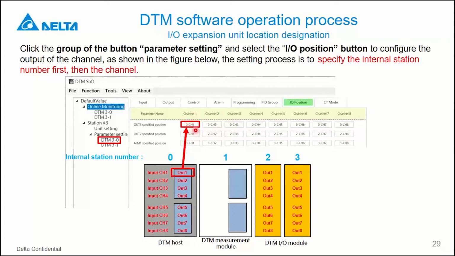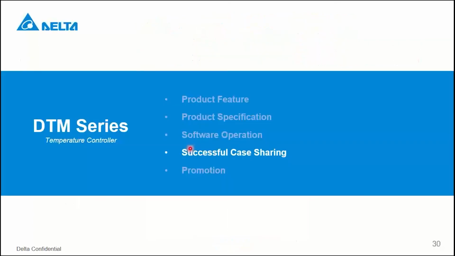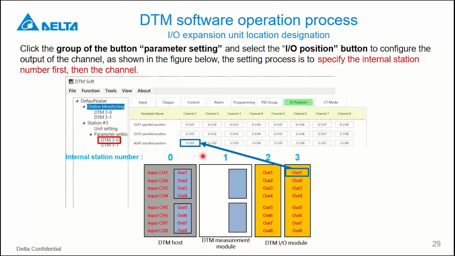0 is the internal address. So this one linked to the host unit, the first input channel. The output channel will link to this one. And next example is the output number 2. You can see the host unit, the output number 2 will link to this one. And also the alarm is same thing. So this is how we do the grouping. So basically all the channels you can modify by yourself. Okay, this is all the software